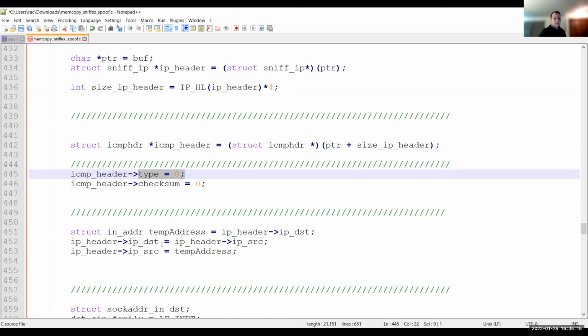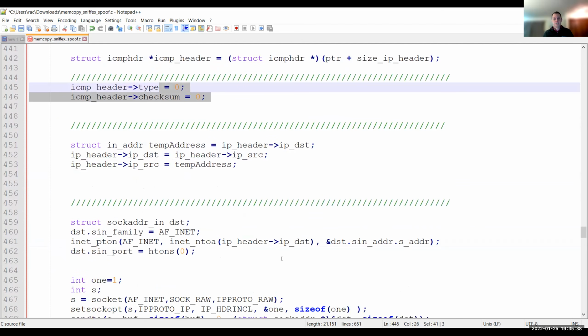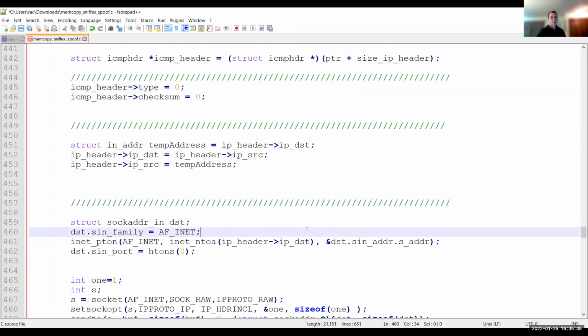Notice over here that we are switching the IP header from IP source to IP destination. So we're just flipping it, and we created a temp one to assign that to IP source. So basically this code does the same as Scapy. It flips the IPs, it initializes the values, and for the most part, it just copies the original and then it just sends it out. So this should be easy. The code pretty much works out of the box, and you just have to run it,